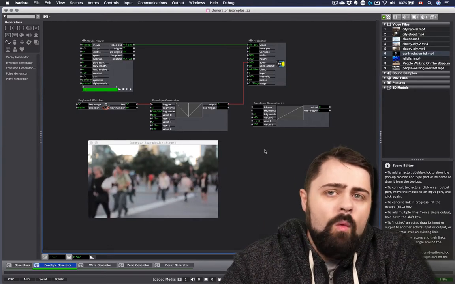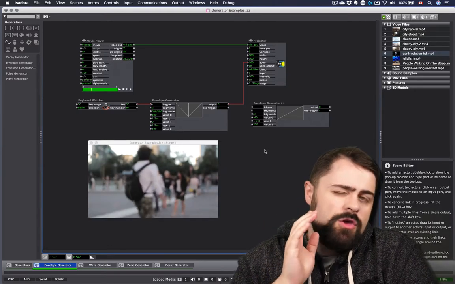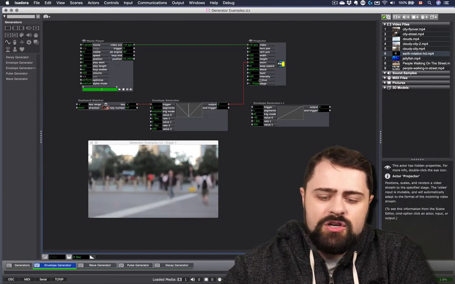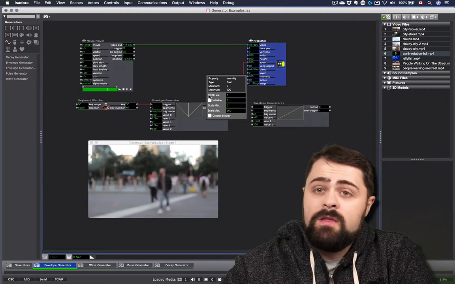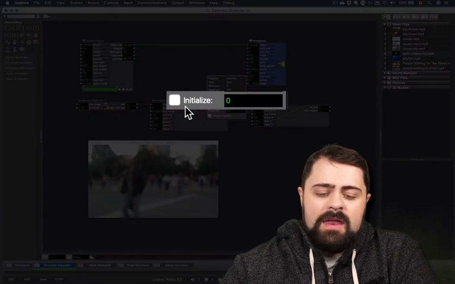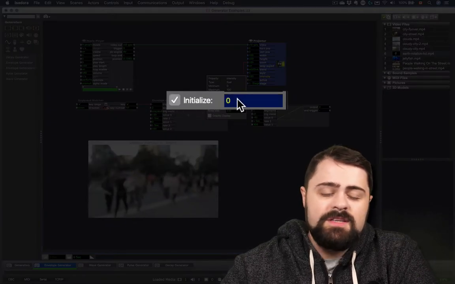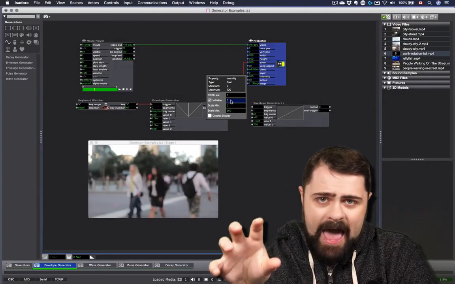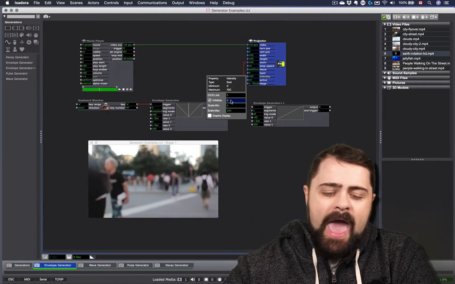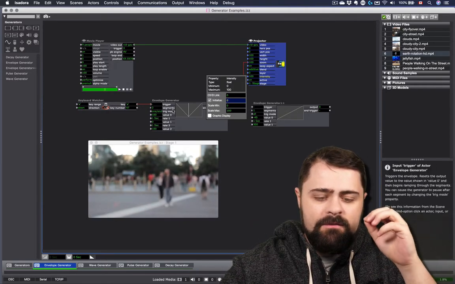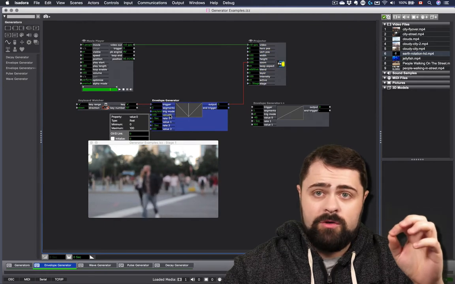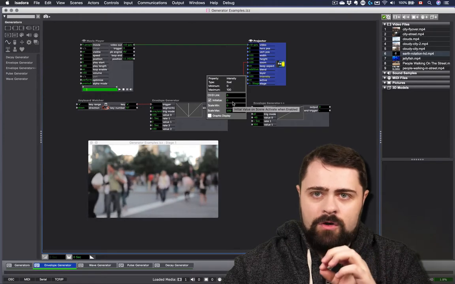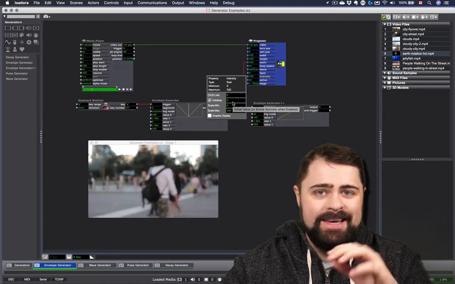The other thing that I want to remind you of when you are using the envelope generator, which is very critical, is the initialize feature of the value scaling. Initialize, by checking this off, this allows us to define the value that the scene starts at for that property. And I recommend that the value 0 of your envelope generator corresponds to the initialize value of whatever it is connected to.